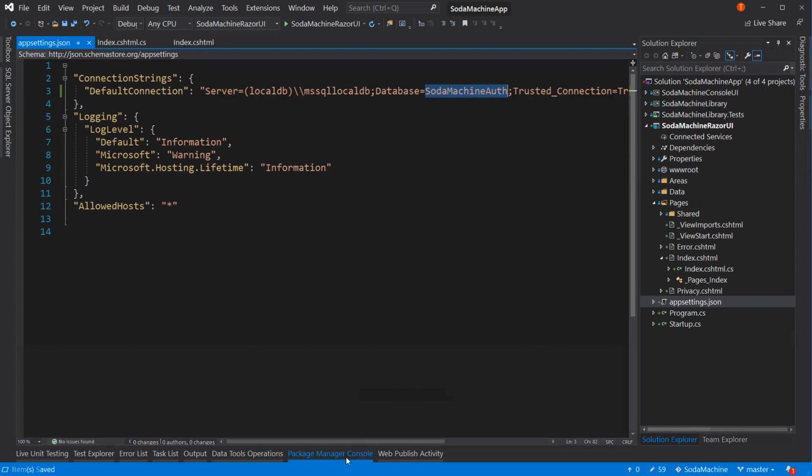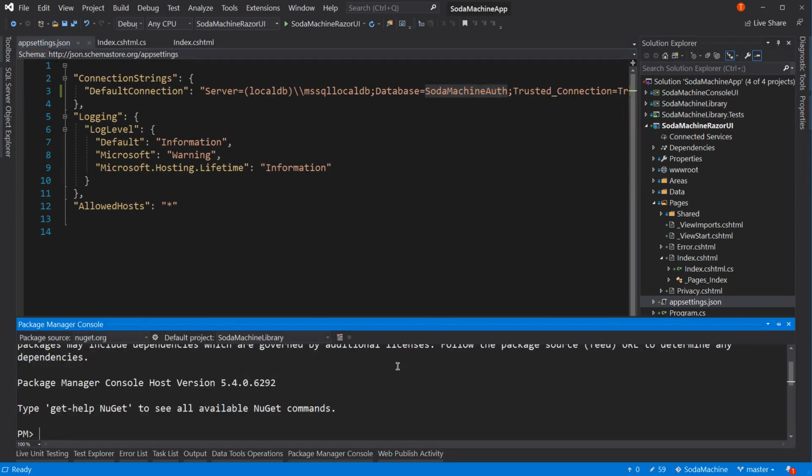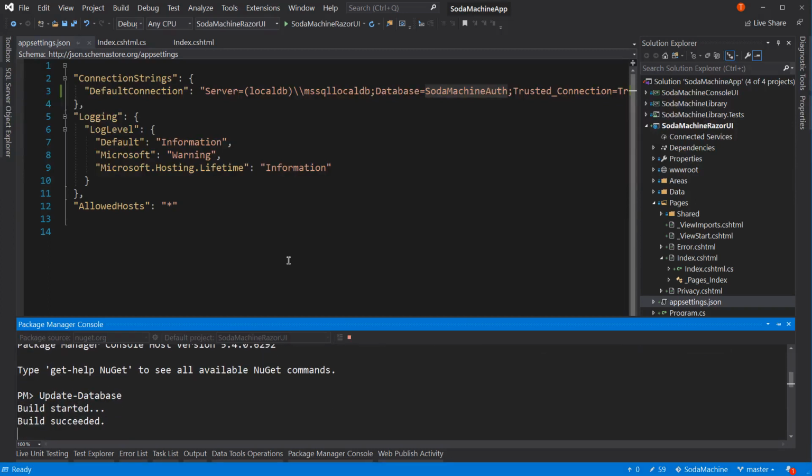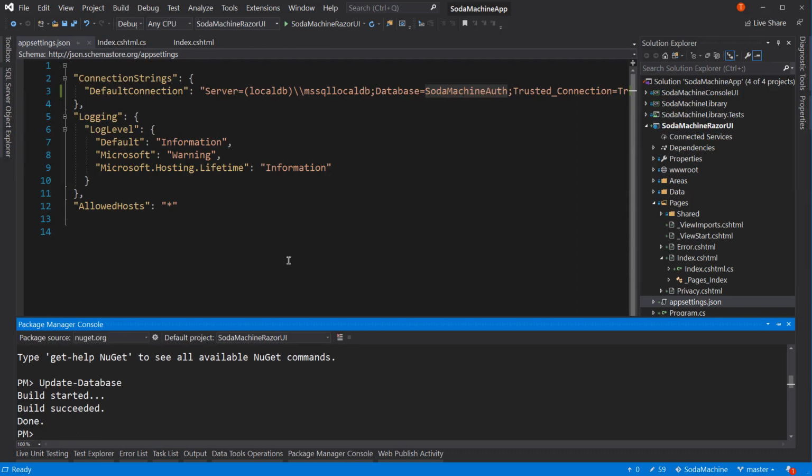Also, I'm going to go to the Package Manager Console, and this says the default project is Submachine Library. I'm going to change that to my Razor Pages UI. I'm going to say update database. And what that will do is it'll build the project, and then it will deploy my database so that now I have that Submachine auth database. Once that's done, then I can go back and run this project again, and it won't prompt me when I try and register. Okay, so now we